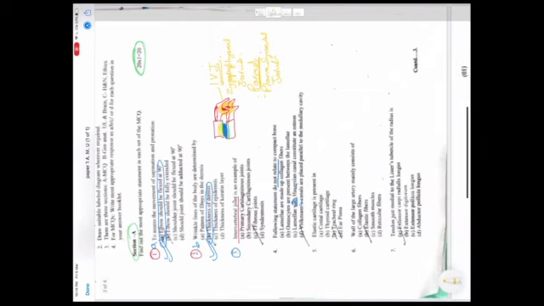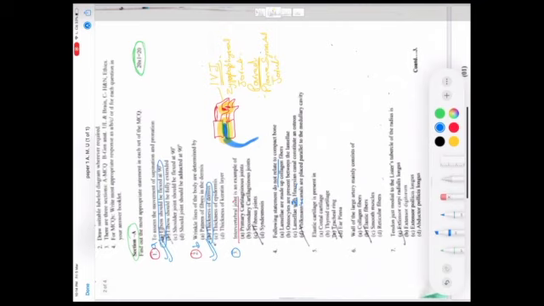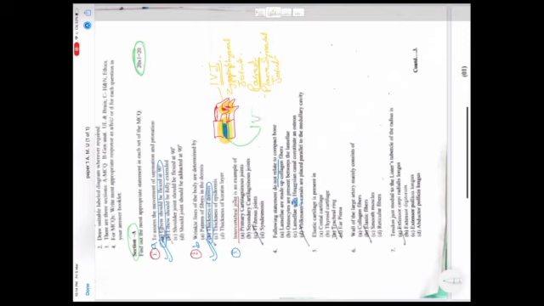So this joint is called an intervertebral joint, but this will be said as the intervertebral joint between bodies of vertebrae,